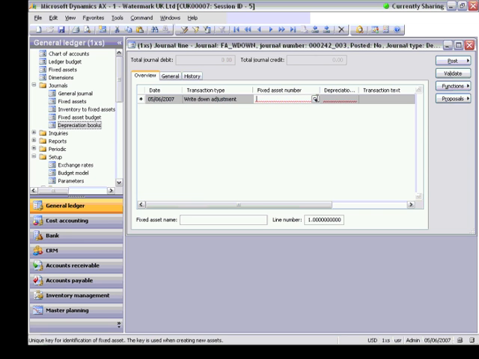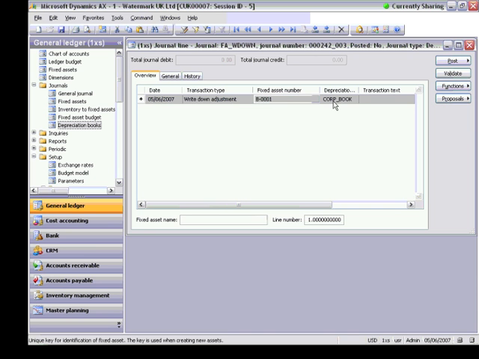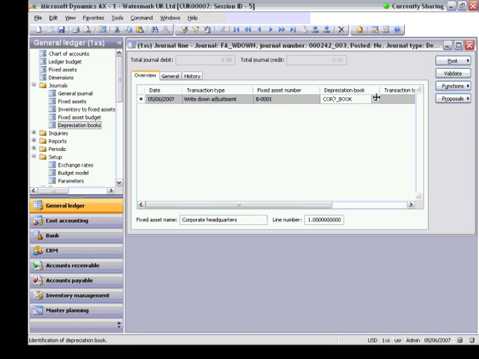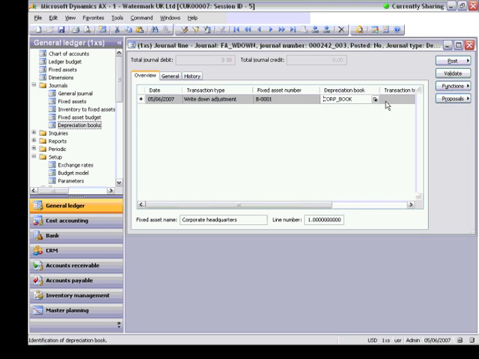I select fixed asset number, this one. Here is the depreciation book. So I can select this one, I fill transaction text, then I fill amount,